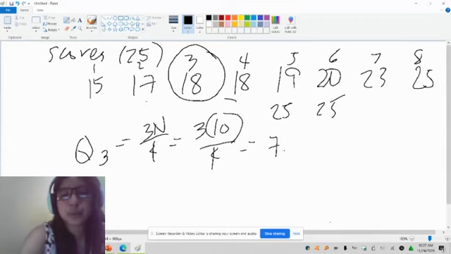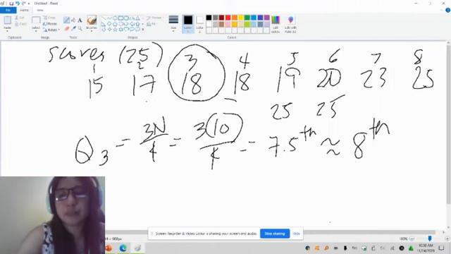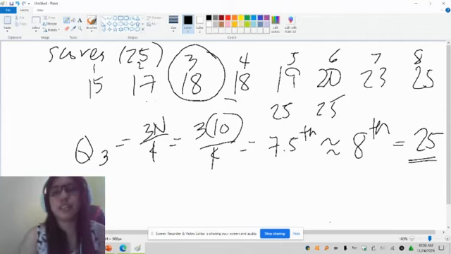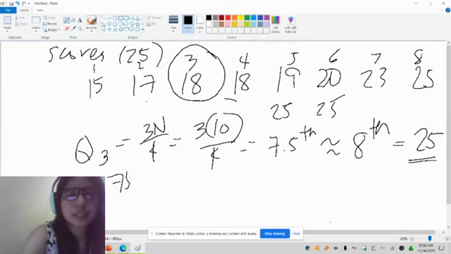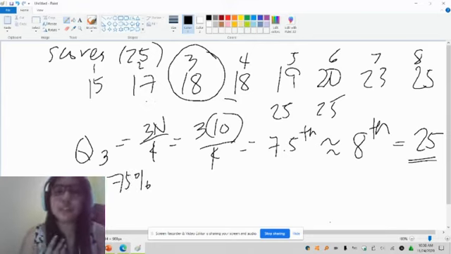So this is the 7.5th term, or we round this off to the 8th term, and our eighth number is 25. To interpret this, the same with our previous example, it means that 75% of the students